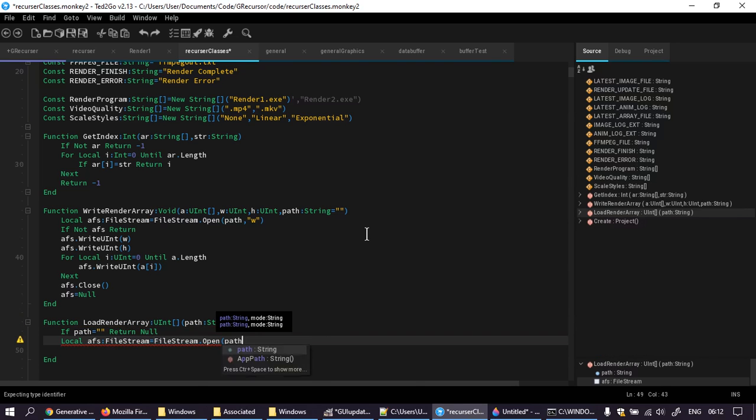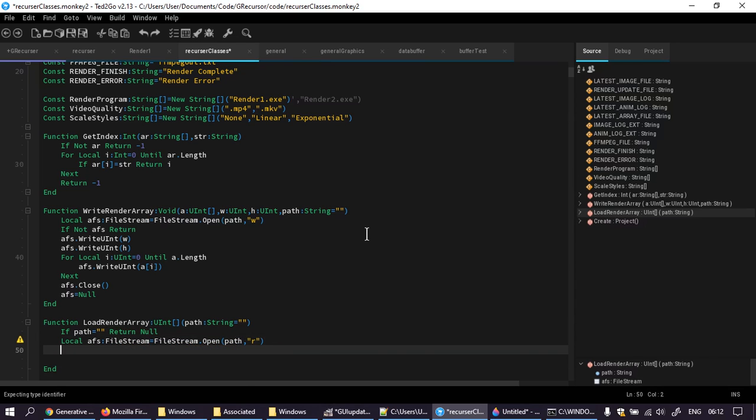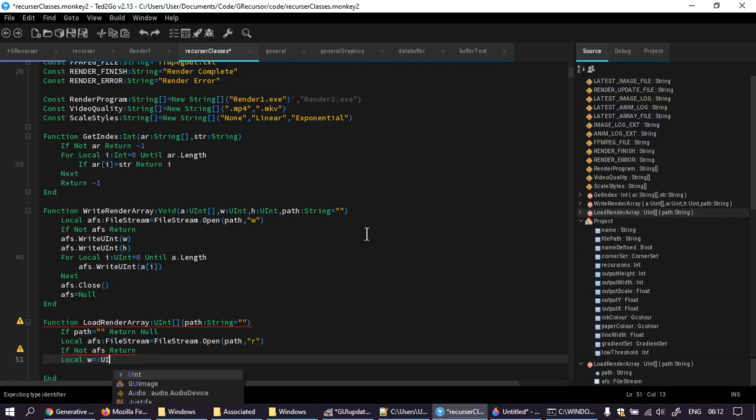Open path for the reading of, if not AFS return. Now local w uint equals AFS read uint,